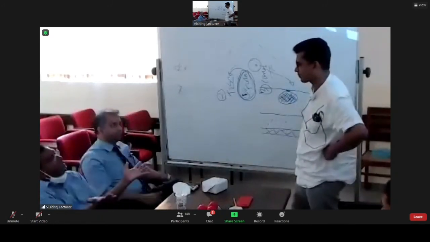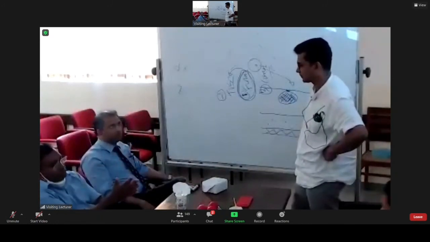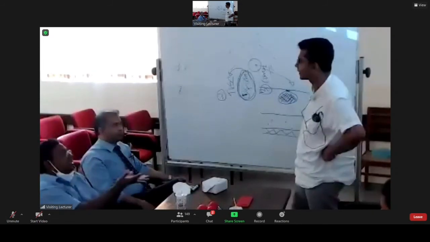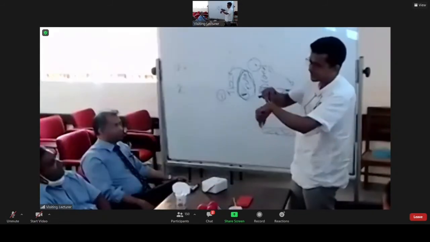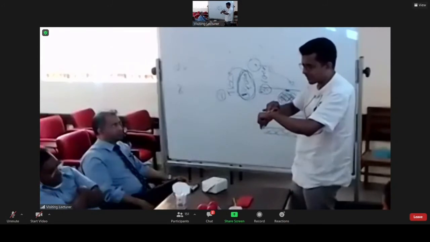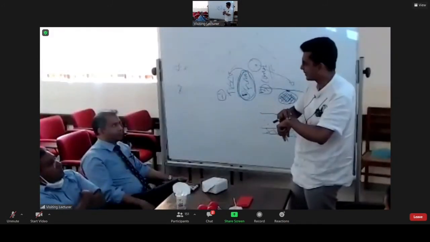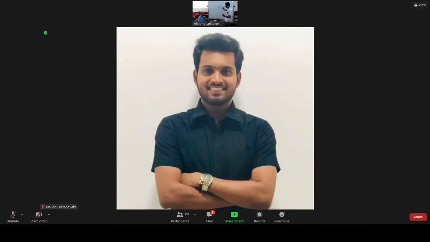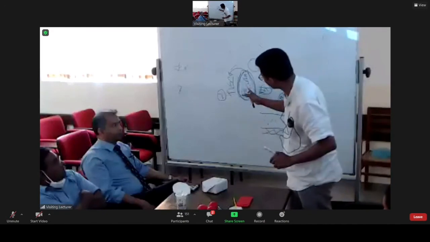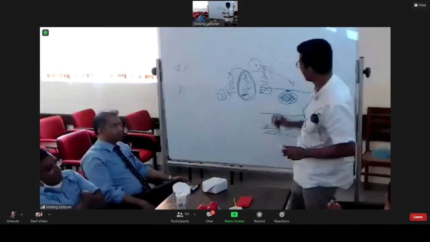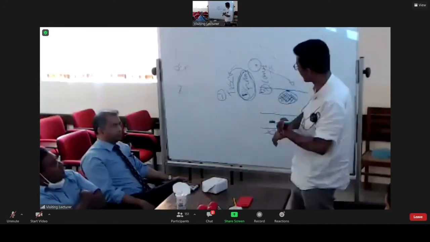So to differentiate a solid or liquid lump, we do certain tests. Let's say this is a lump, and when you touch the lump, if it is hard, then it is a completely solid lump. Then it's very unlikely that it can be anything further. So you can confidently say it's a bony lump, and there is no need of doing fluctuation and transillumination in a lump like that. Let's assume that this lump is not a bony lump.